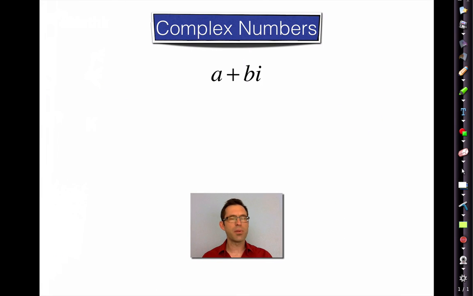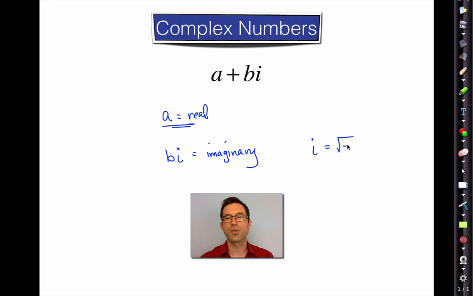A complex number is a very simple idea. You take a real number and add it to an imaginary number. I just want to emphasize this: we remembered from the last lesson that i is the square root of -1, and this is the basis of all imaginary numbers. If I have i plus i, then by default I have 2 times i, and if I have i plus i plus i, I have 3 times i. Now, these are also